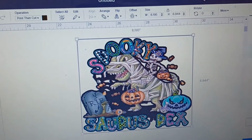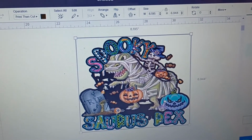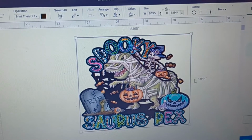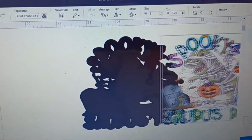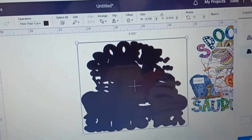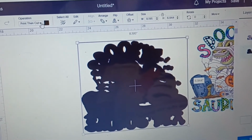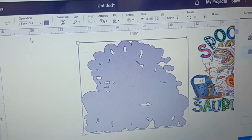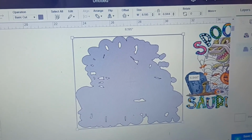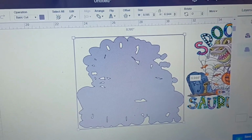But you see all these holes in here? I don't like these holes in here, all right? So I'm gonna go to contour to get rid of these holes. So what I'm gonna do now is separate the image. I'm gonna click the image. Once I hover over the image or click it, I'm gonna go up here and switch to regular basic cut. Okay, that will allow me to do contour. I'm gonna move my cursor to the lower right. You're gonna see all these options in here. You're gonna hit contour. All right,